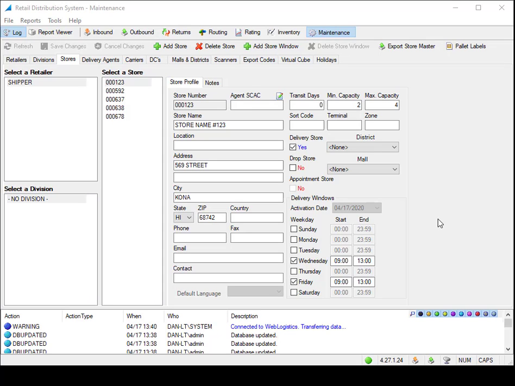To add stores to RDS, navigate to the Maintenance Module Stores tab. Select the retailer, and if a division is required, select a division. Press Add Store, enter in the store number,